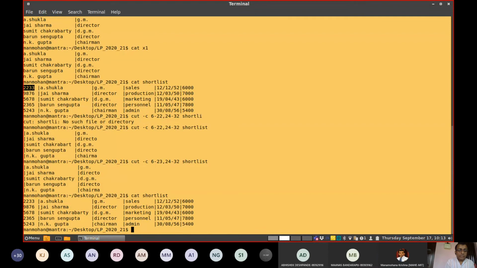For example, under the Sumit line, 4 fields, the 5th column is empty, and the 6th one, we start from 6, then 7, 8, 9, 10, 11. Then there is a space between Sumit and Chakrabarti, and you count it that way. Okay, sir, got it. It's a pure counting of character positions.